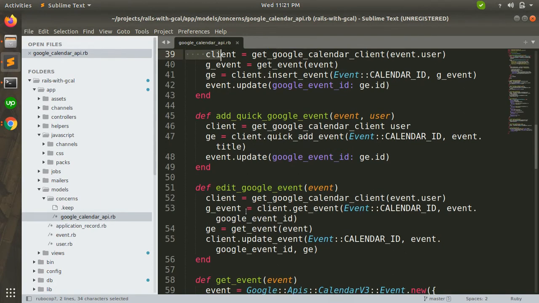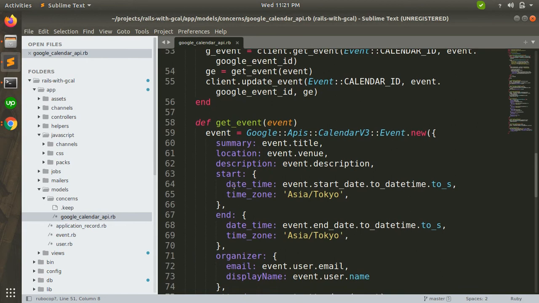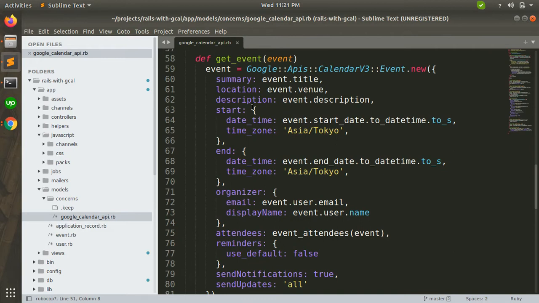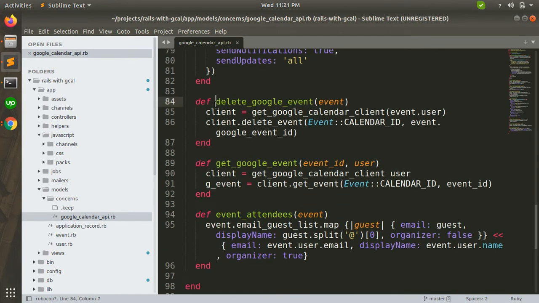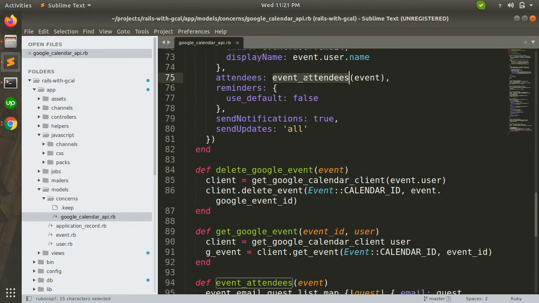Then there is adding a quick Google event, and this is for editing events on Google, and this is for getting an event, or you can initialize your event into the Google Calendar. And these are the required parameters that you need to pass. And this is for deleting the Google events, and this is for adding event attendees. Okay, this method has been called here.